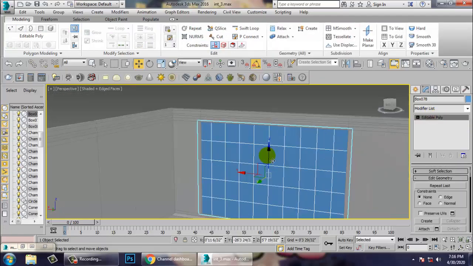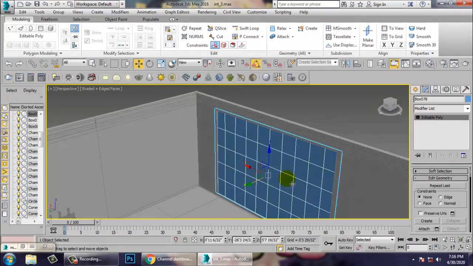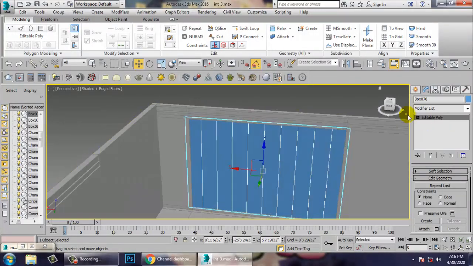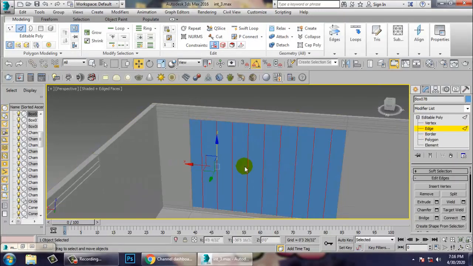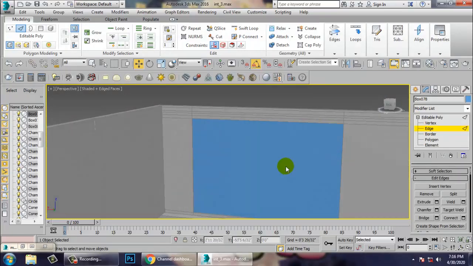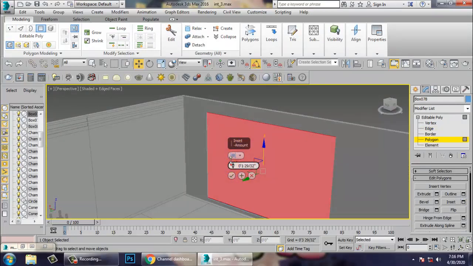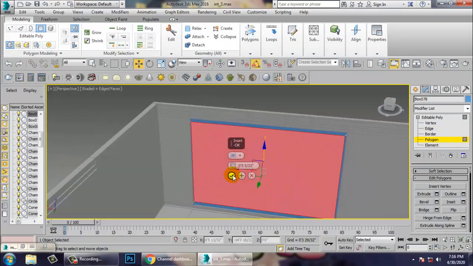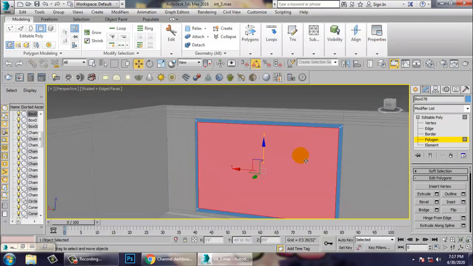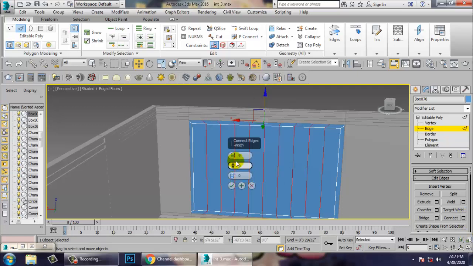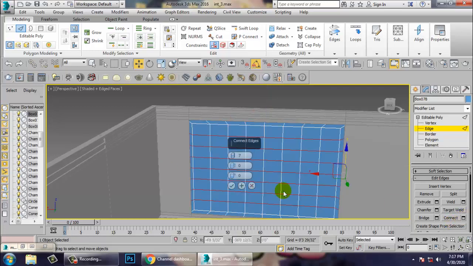Before doing this, I'll just undo this. Remove the loops. Select this. Use inset first. We need to inset it. Scale this. Select the edges, give connect. Okay. Select this, give connect.